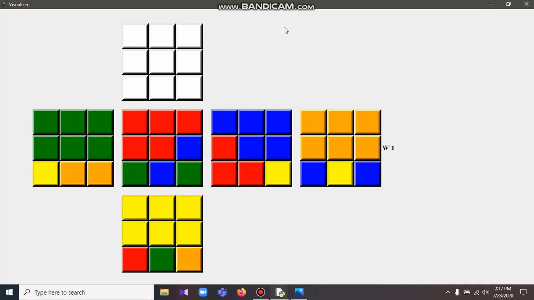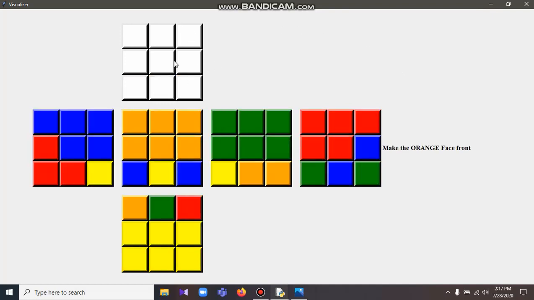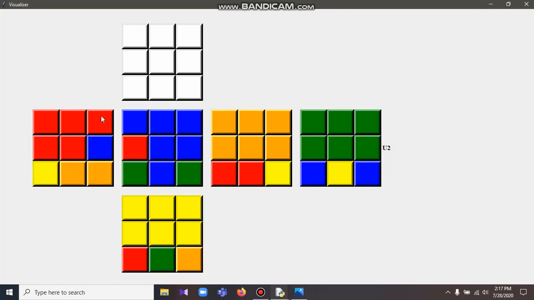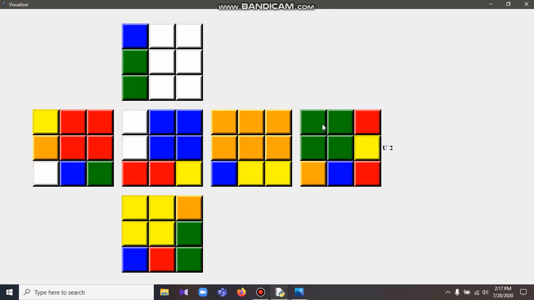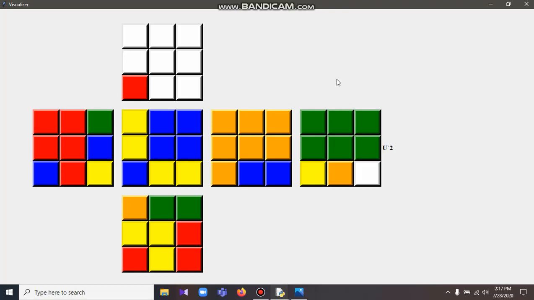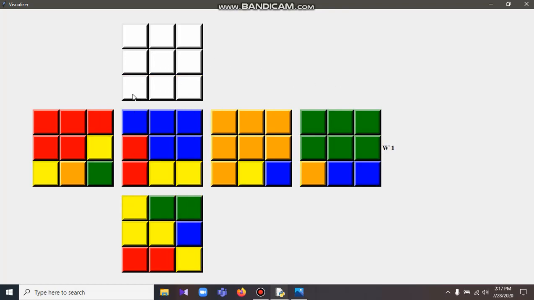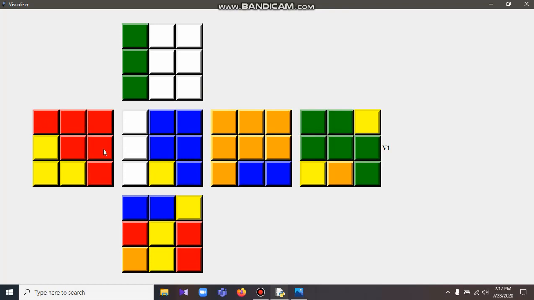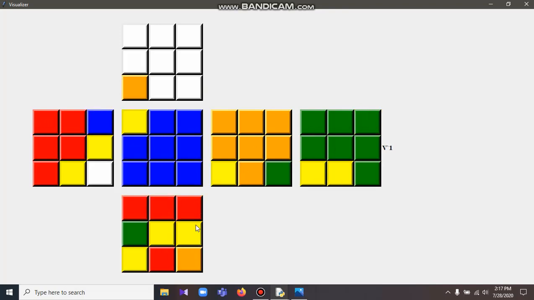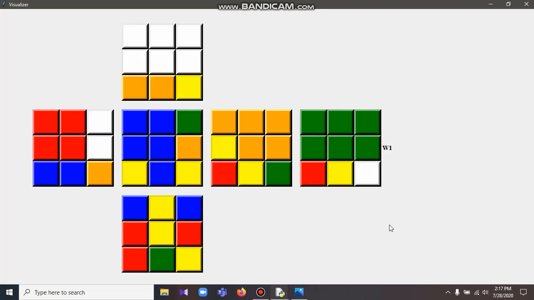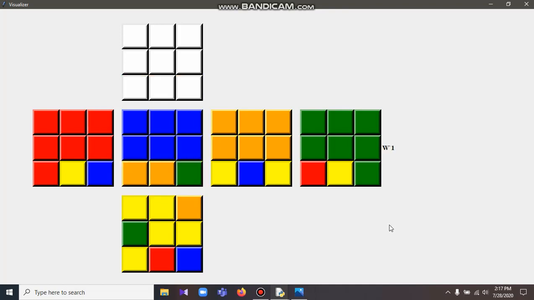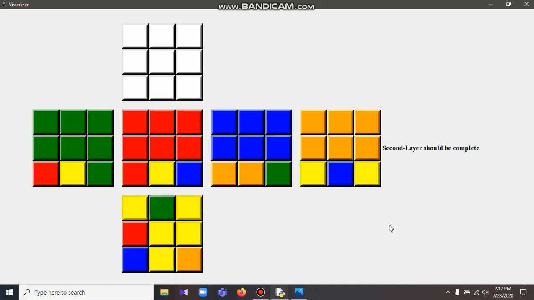Also you can see one of these sides is already solved, and these sides are now being solved. As it is a layer by layer method, you can see it starts first of all with the top face, which is the white one, then this first layer, then the second layer, then the third layer, and then the bottom face itself. So let me just allow this algorithm to run and solve the Rubik's cube.